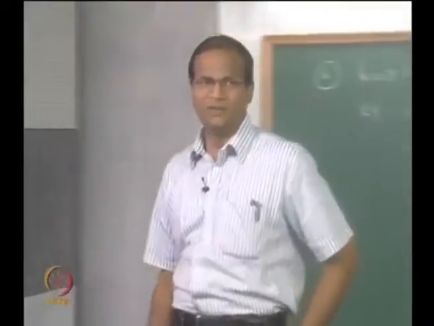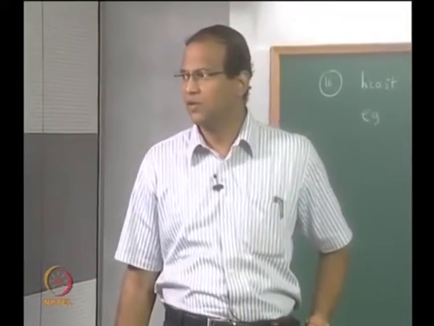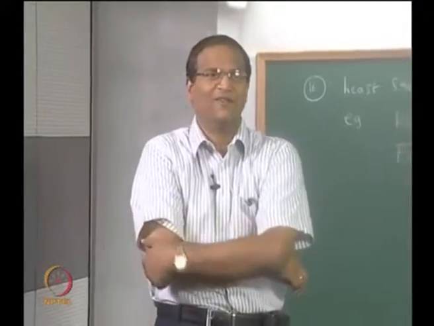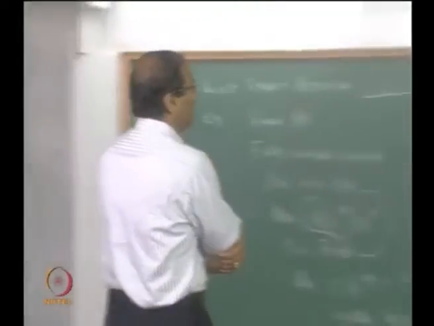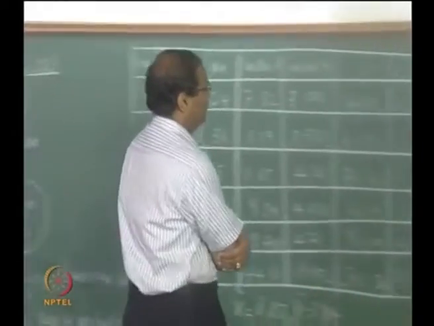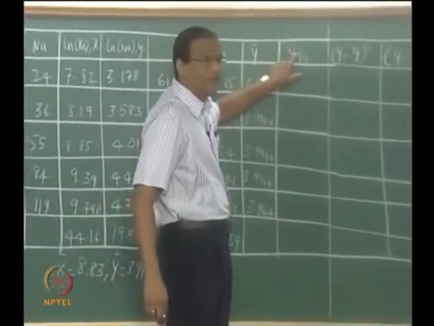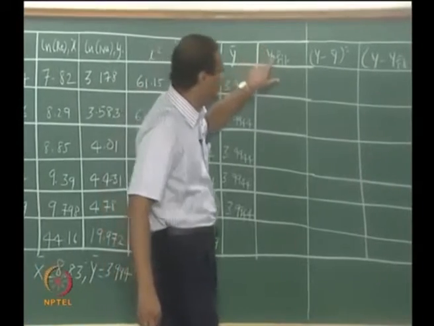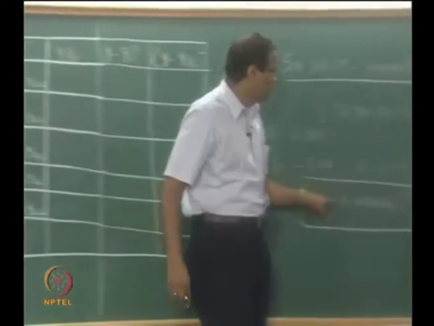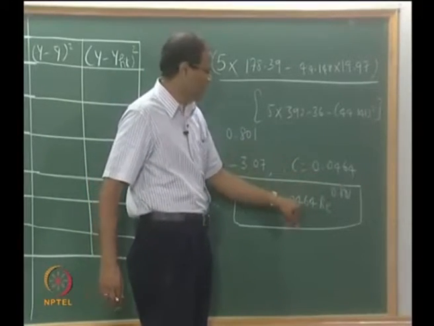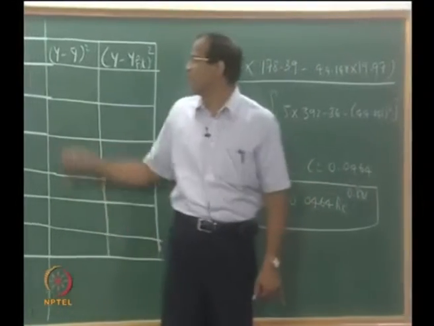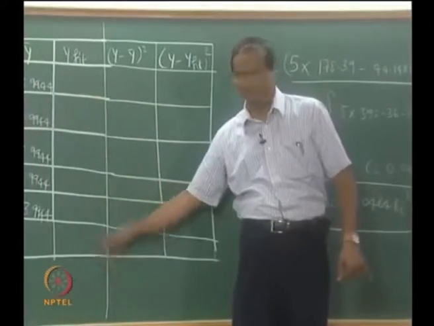Okay, so I put 2 more columns. Why did I do that? To find the goodness of the fit or the absence of it, whatever, right? So now I want to do y fit. I want to calculate y fit. In order to calculate y fit, what I will do is, for each data point, I will substitute the value of Reynolds number, raise it to the power of 0.801, multiply by 0.0464 and write out this column. Can you do that?